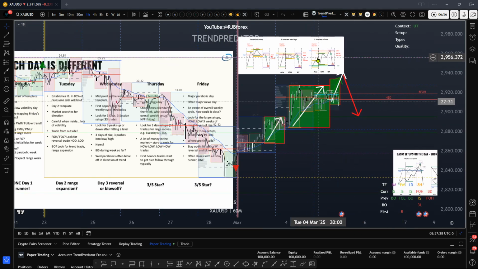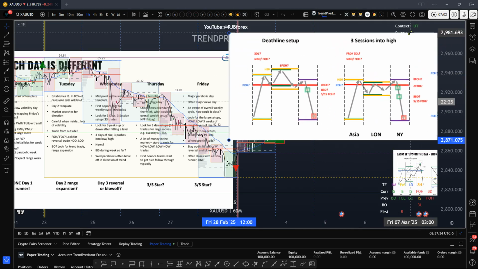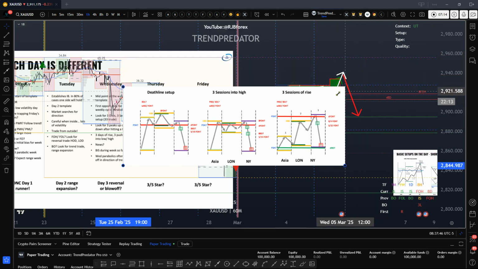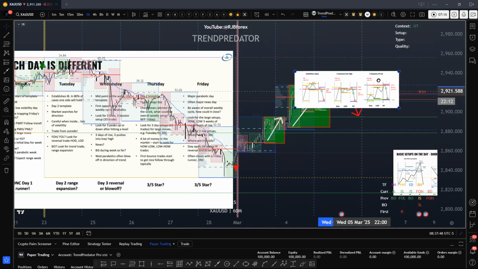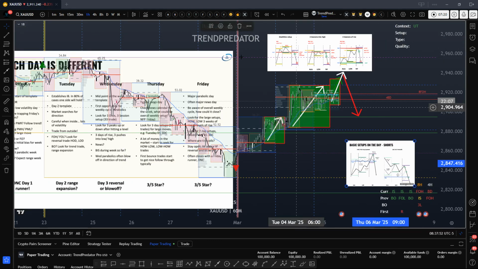Okay, and here we have it again on this chart again. These are examples of what you can expect to see on the day. This is Asia, London, New York. Asia, London, New York, parabolic reversal. Okay. Now, if you get that scenario on the back of